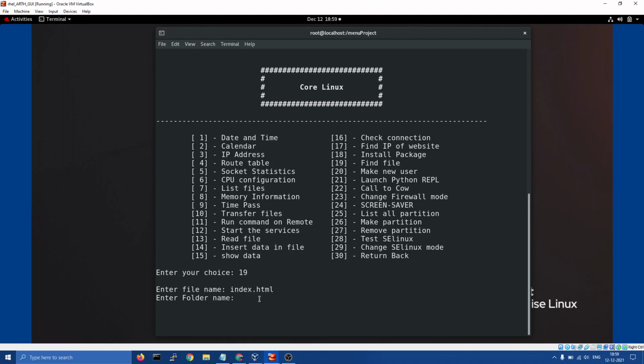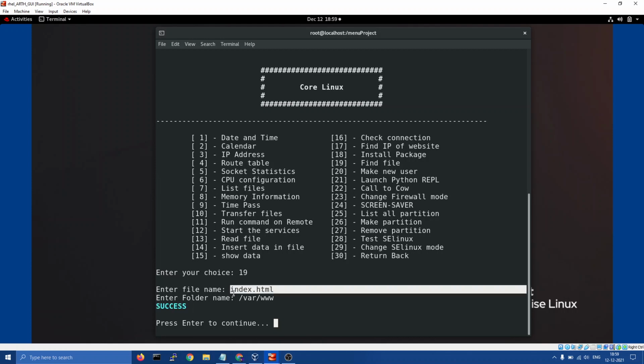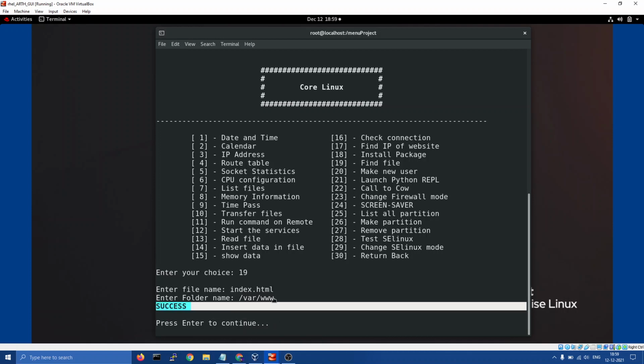In which folder do you want to find this file? Let's say www. Okay, this is the folder. There is no such file, that's why it is not giving the file name, but it is giving a success.